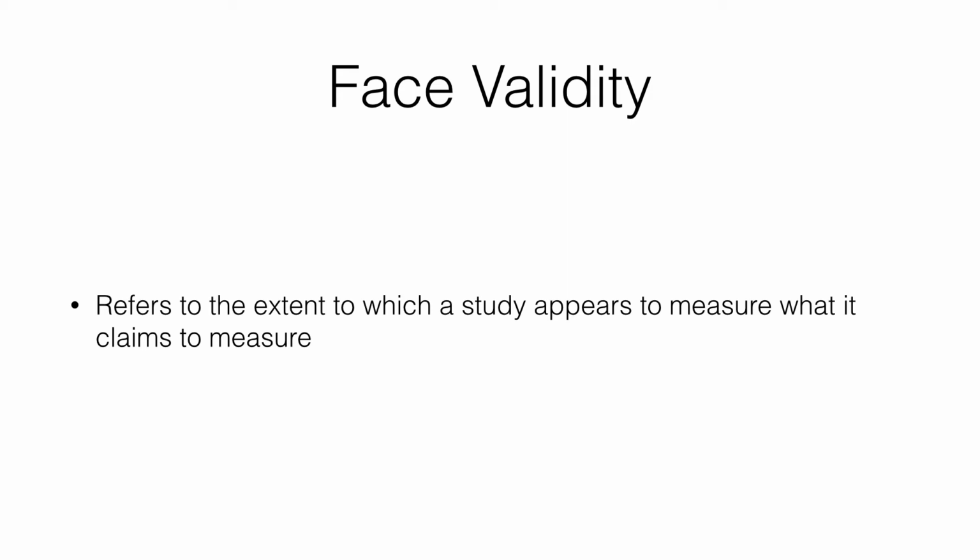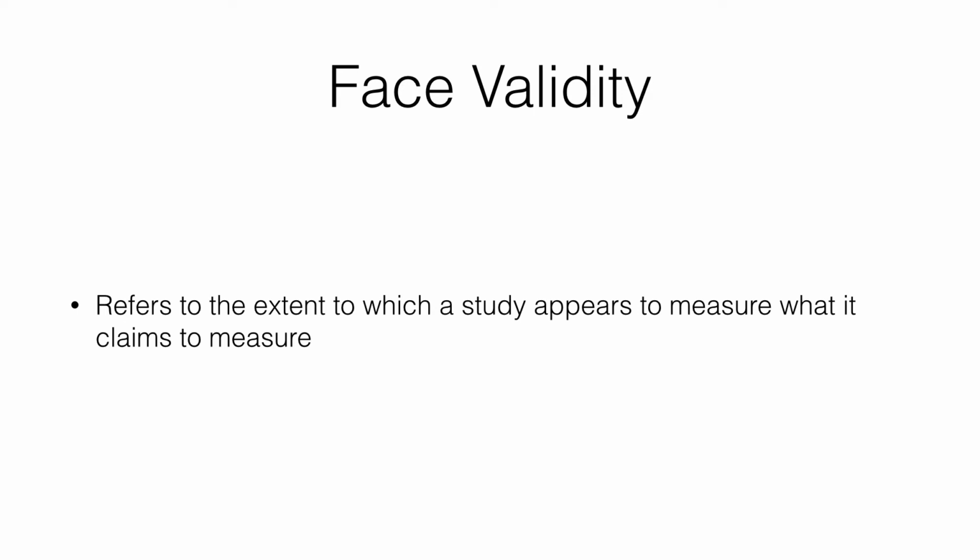So let's look at an example. Suppose we are trying to measure the effects of watching a scary movie on participants' stress levels. So we show our participants a scary movie and measure their cortisol levels before and after. Cortisol is produced in response to stress, which on the surface means that this study appears as though it is actually measuring the effects of stress because more cortisol is produced when people are more stressed. So we could easily see if a person is stressed.